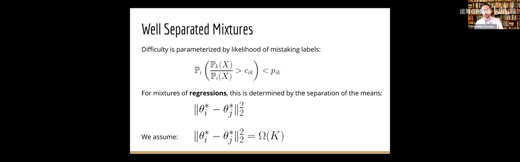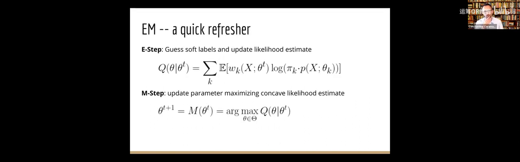Now, I'll come back and mention this at the end. We think that this is the right number, but unlike with mixture of Gaussians, where we know that root log K is the threshold between polynomial efficient learnability and not, I'm not quite sure for mixture of linear regressions, though that would be my guess, and we can discuss that later. A very brief refresher of what EM does.